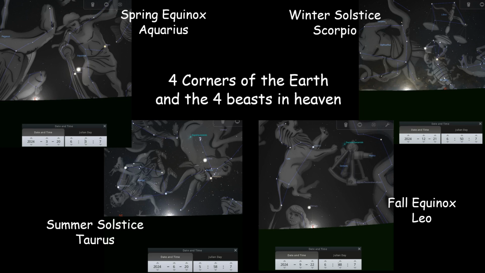And as we get further into the age, Virgo will not appear at all at sunrise for the fall equinox. Virgo is a huge constellation, but soon she will not be a part of the story anymore. At winter solstice, we no longer see Sagittarius, but only Scorpio rising on the horizon. In the first verses of Revelation chapter 7, John tells us that he sees 4 angels standing at the 4 corners of the earth, which he's already told us about.